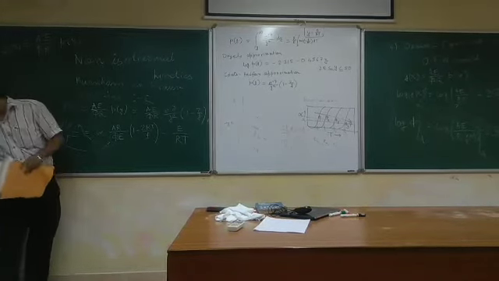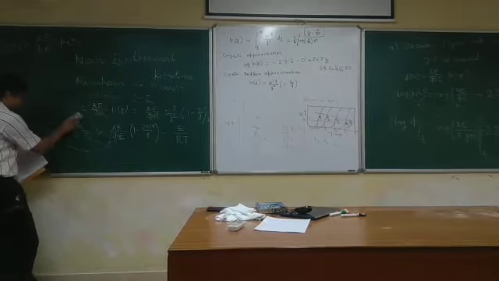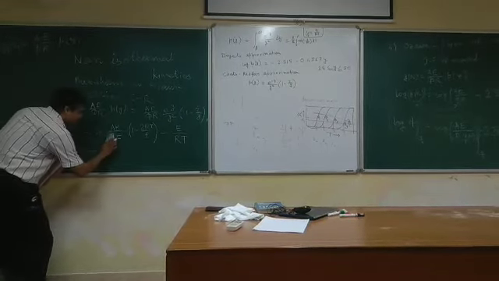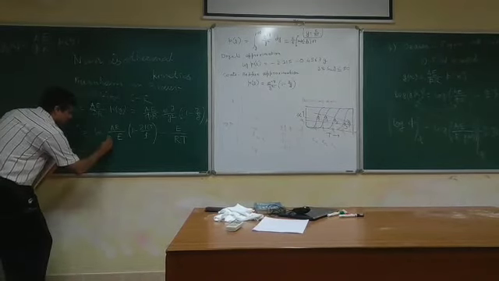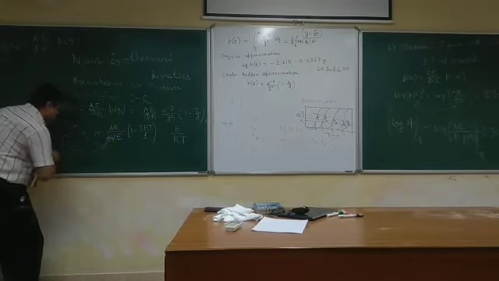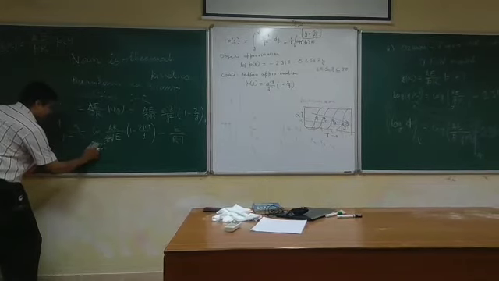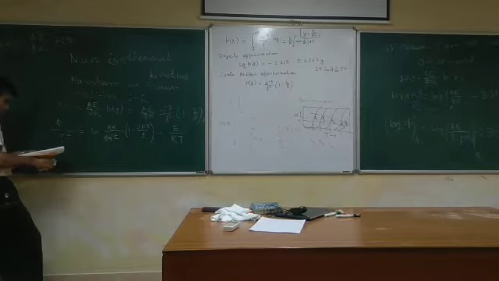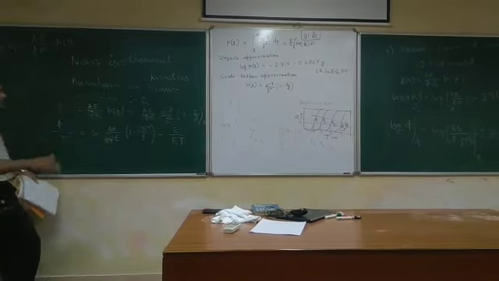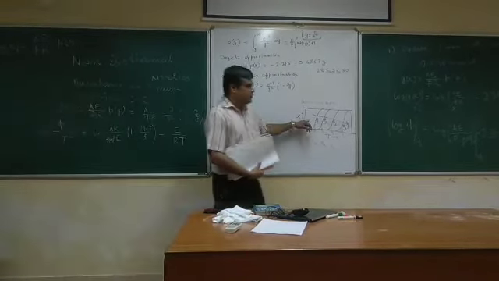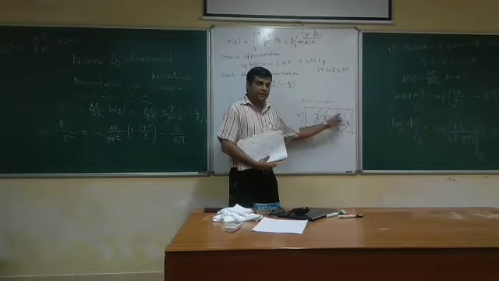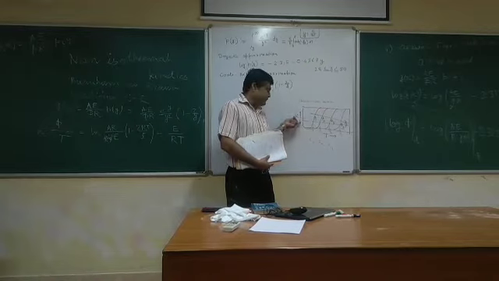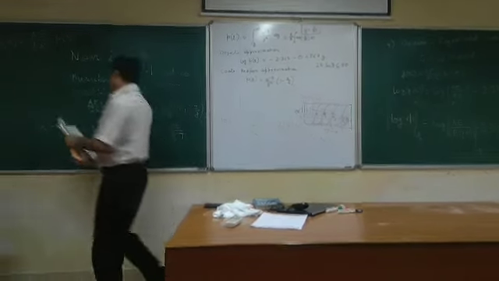If you do that, the expression will look like ln of phi over T square, and here you write G alpha. So again, like this method, for different phi values you plot the kinetic curves. Then for a fixed alpha value,